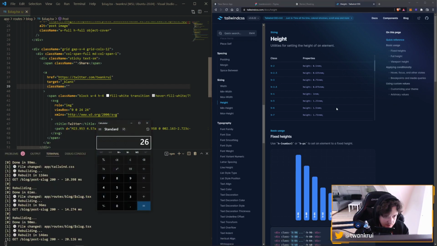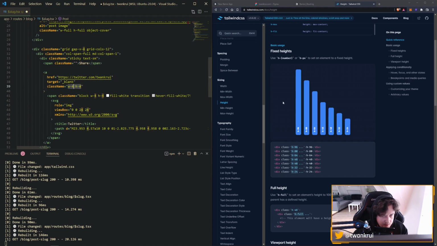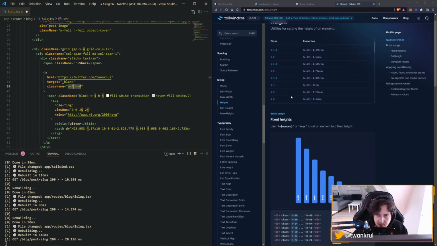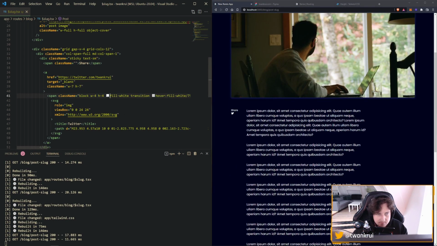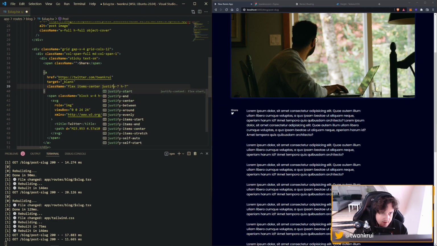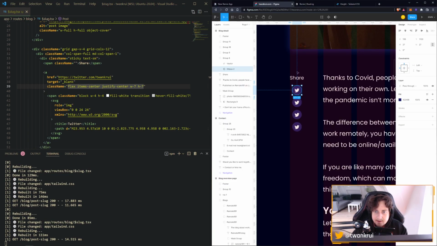I haven't memorized what this was again. It's 1.68, so we probably will go for H7 then, because this is H4. Isn't there some way to combine these values? Oh, well. H7. And it will also make this. Okay, let's make this flex. Let's do items center and justify center. And then give this a background of